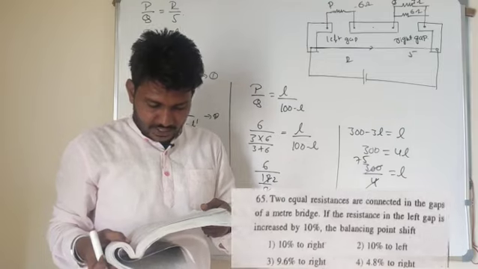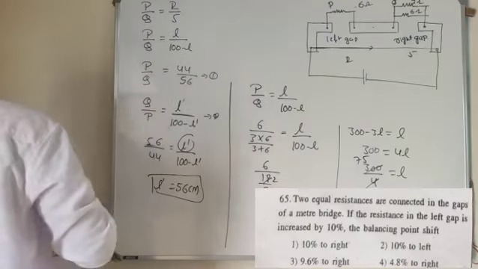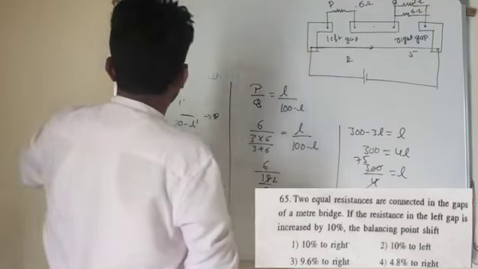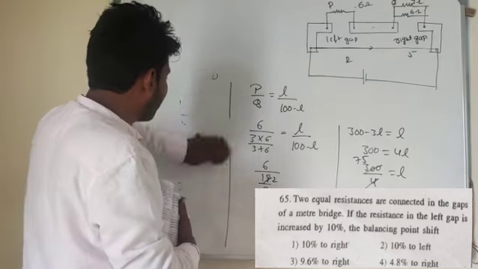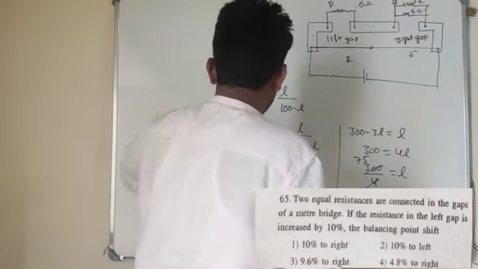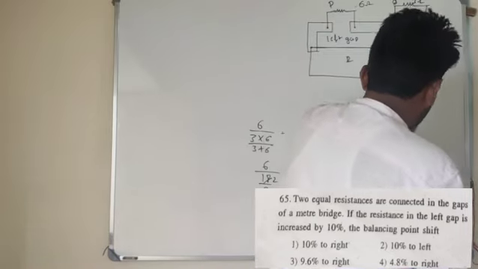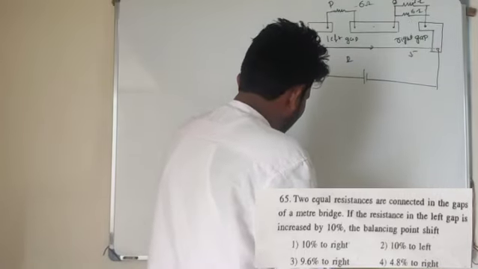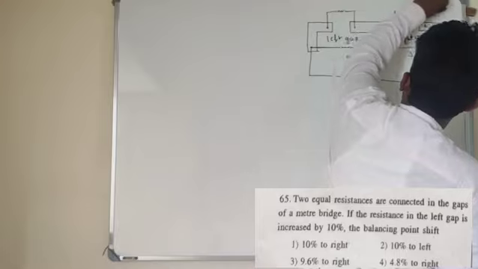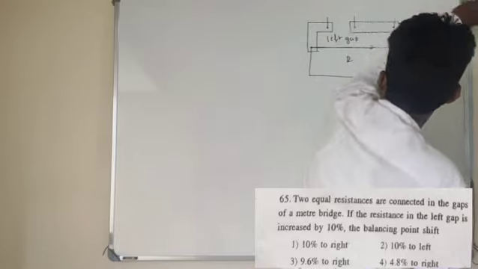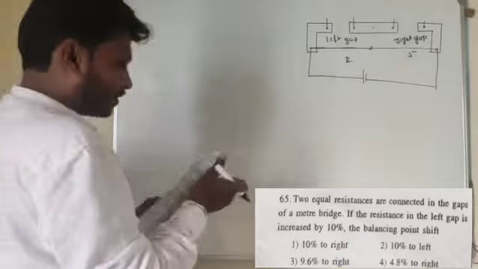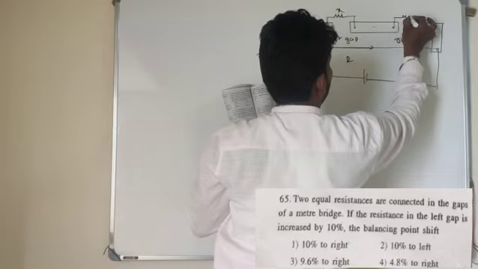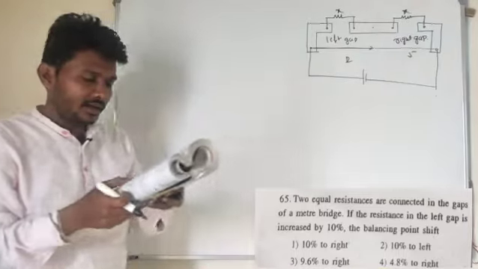Two equal resistors are connected in the gap of the meter bridge. So two resistors, I will take here. These two resistors having that equal value. For example, in that left gap also 1 ohm I will take. In that right gap also 1 ohm I will take here. Those resistors I will connect in the left gap as well as in the right gap here. Okay. For example, X amount of resistance I will connect in the left gap, and X amount of resistance I will connect in the right gap here. Right.